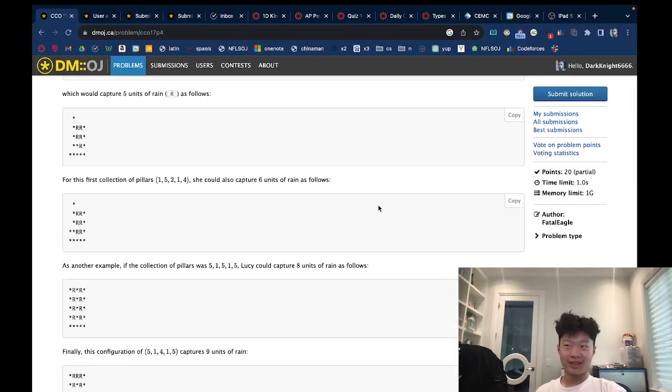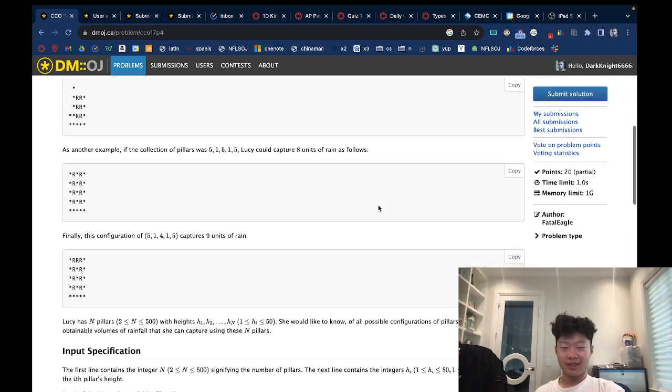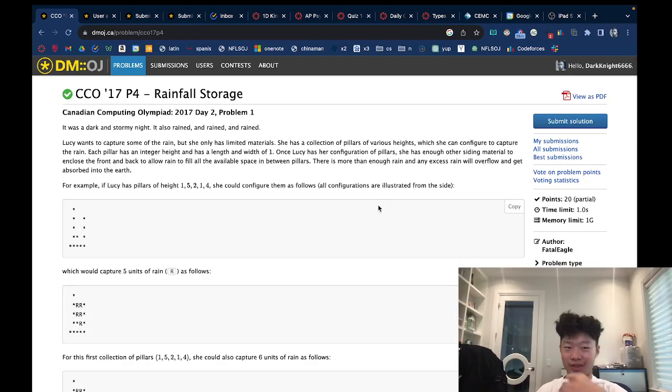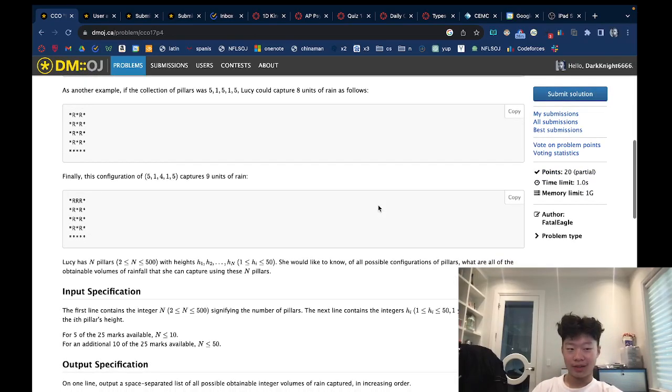Okay, so for all possible configurations of these pillars, what are all the possible obtainable volumes of water? At first glance, this seems kind of impossible. Like, how are you supposed to get all possible configurations? But the crux to this problem is you make an observation. And the observation is